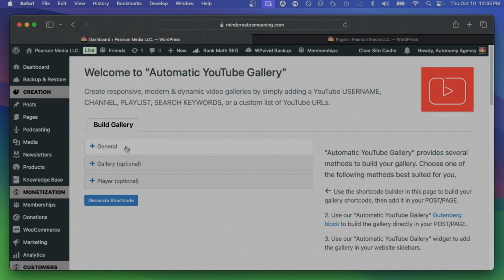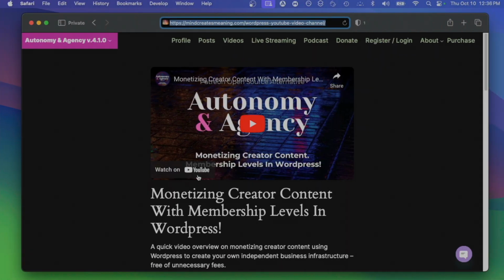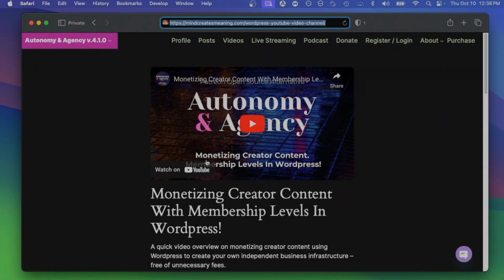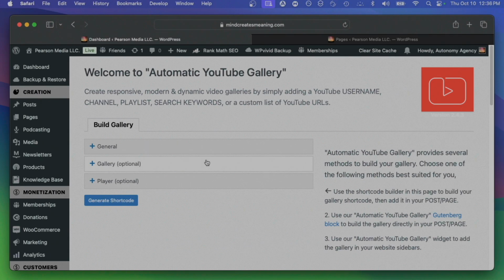And upon establishing the settings for these 3 categories of general, gallery, and player, you'll click on the generate shortcode and place the shortcode onto a WordPress page. That shortcode will then give you the full gallery according to the settings you've established. Live stream works the same way, but before we jump over to live stream, let's look at the placement of